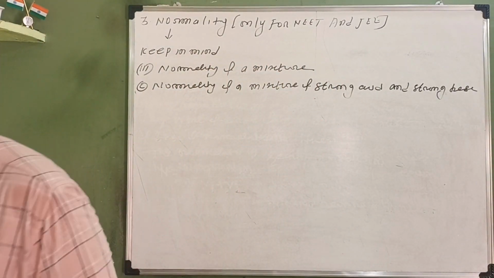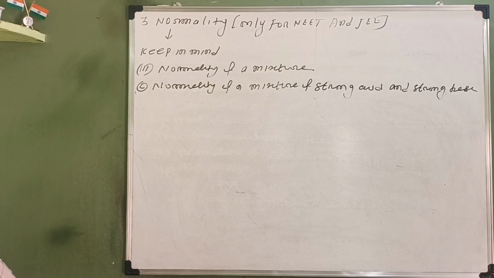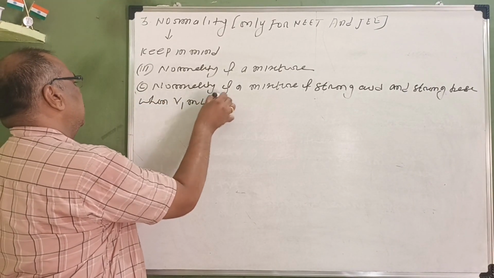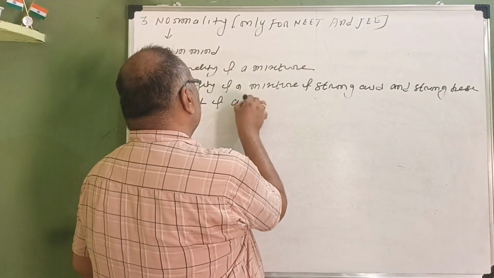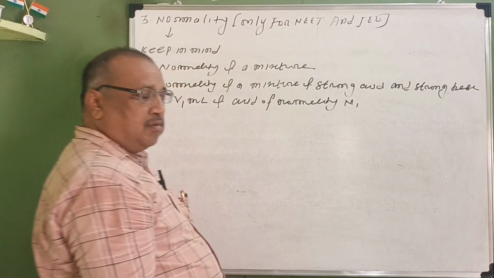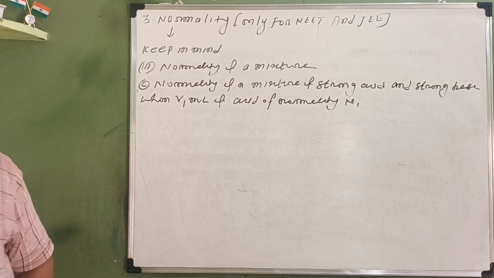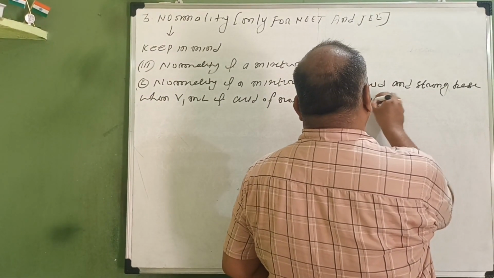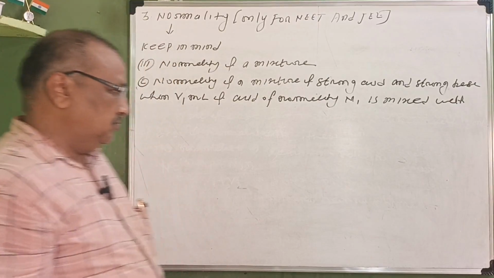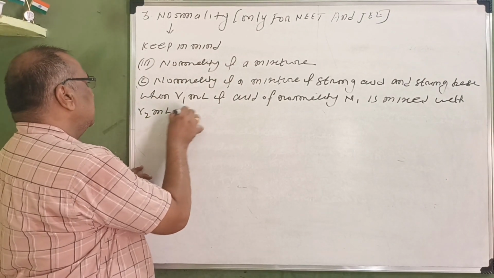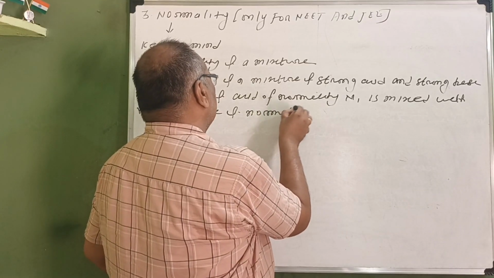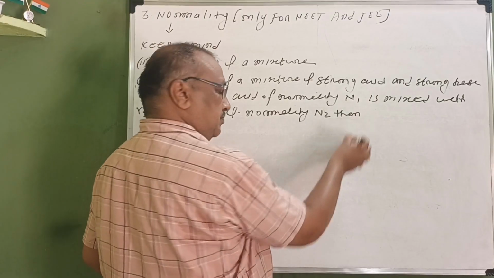Now here, when V1 ml of acid of normality N1 is mixed with V2 ml of base of normality N2, then